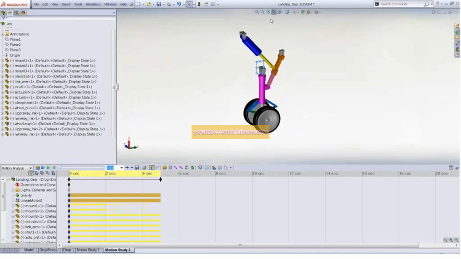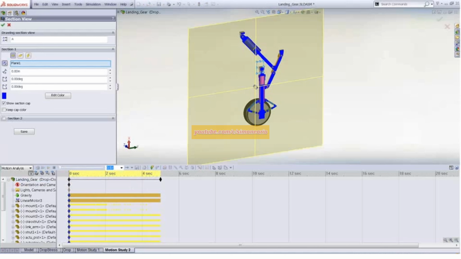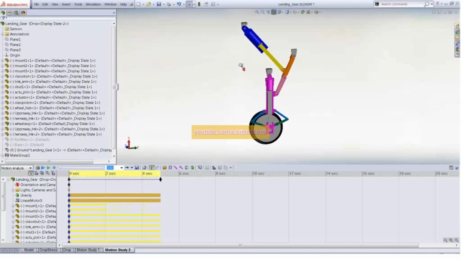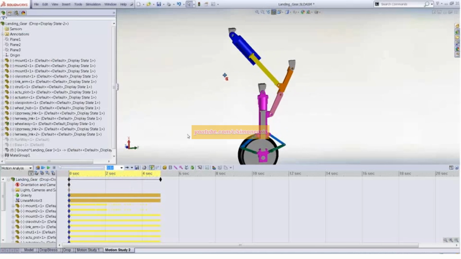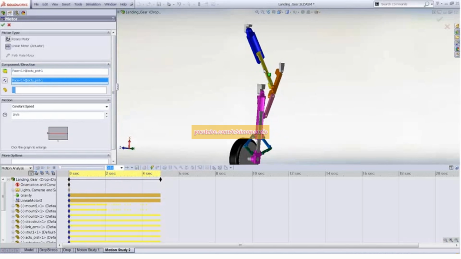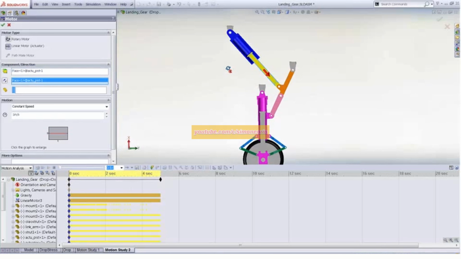The next phase is we can start defining more motion behavior. So we saw that we cycled the actuator in and out during the first phase of the analysis just to create our pretty animation. That's also another motor constraint. So this time we're actually going to apply some motion rather than just holding the part fixed. I can pick the part that I want to apply the motion to, and I can reverse what's positive and negative.